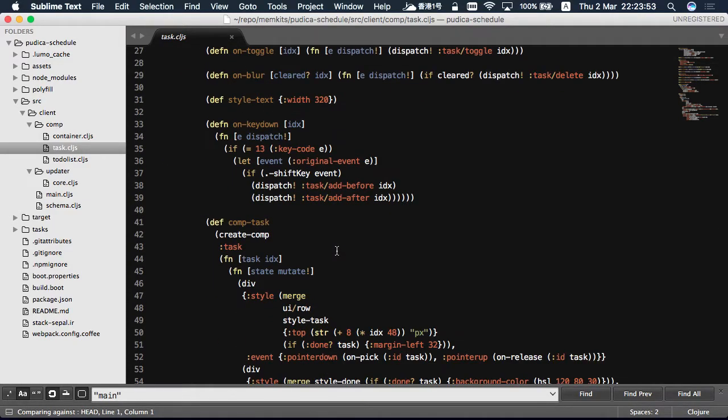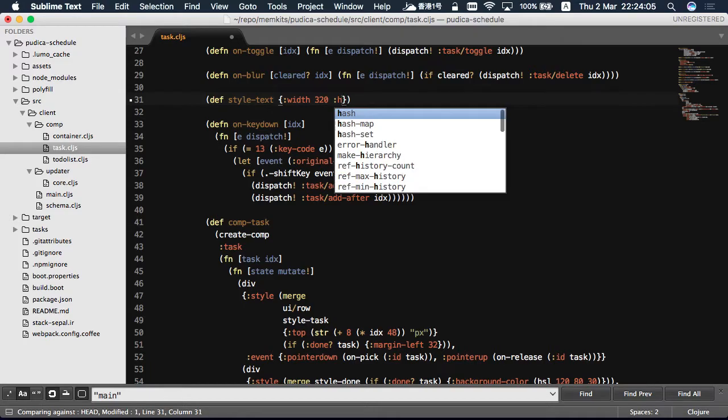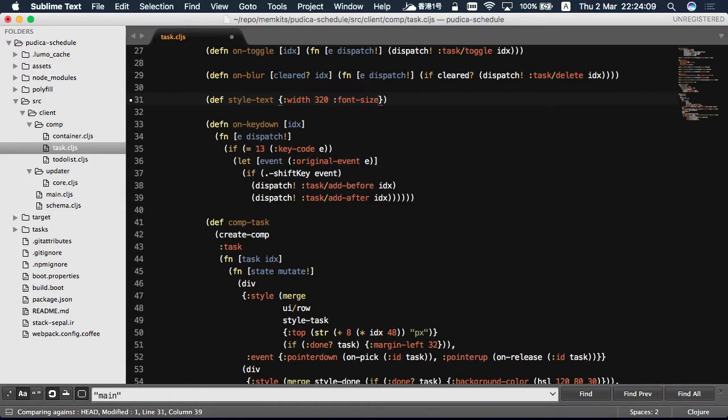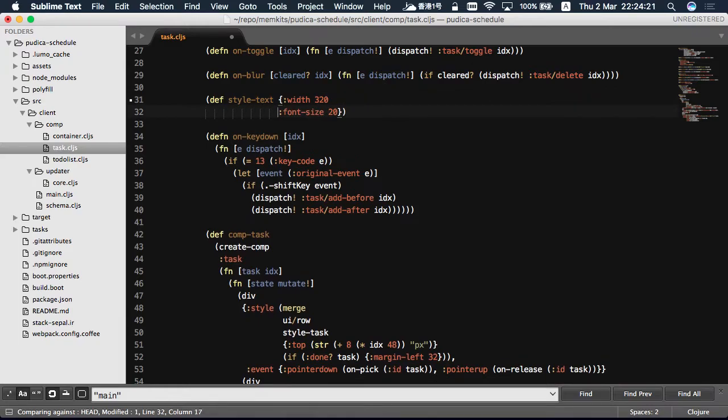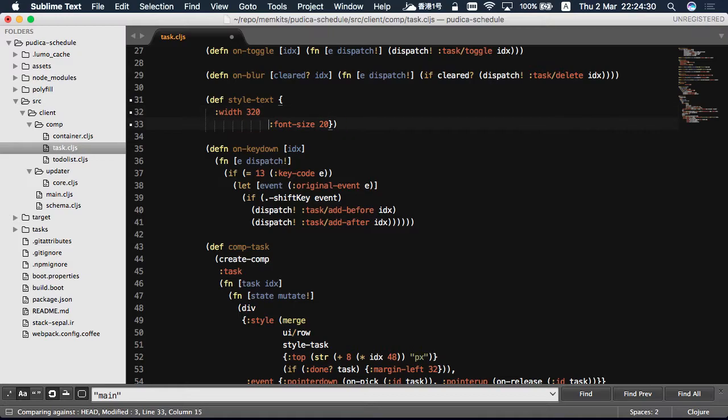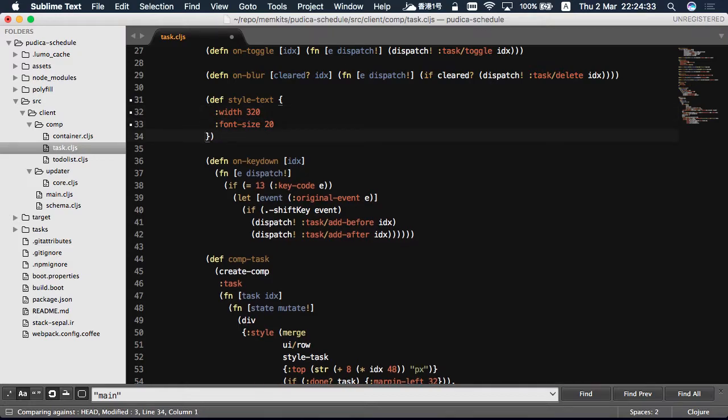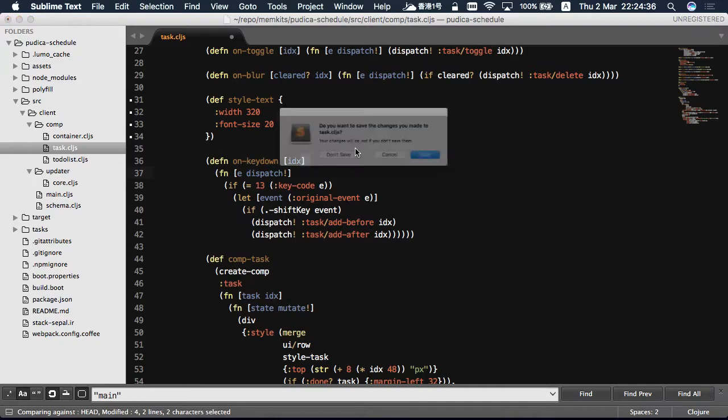When you are going to edit a ClojureScript file, for example, if I want to add a height, or maybe font size, because it's a style text like 20. You can write it like this, or even like this. This comma is optional, and I can do it like this even. Yeah, in more lines, and even I can change this one like in JavaScript. There are always possibilities, but internally,